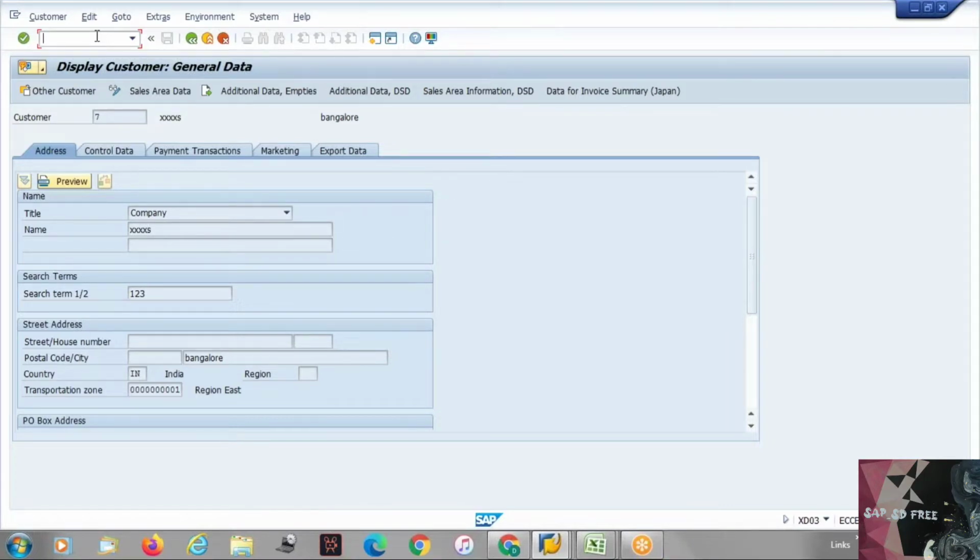Now I wanted to just go through the customer master data fields from start to end, right? The first thing that you will have is general data. So this is a general data tab that you will have. And for example, if you select company code data as well, let me just go back here. Company code data and